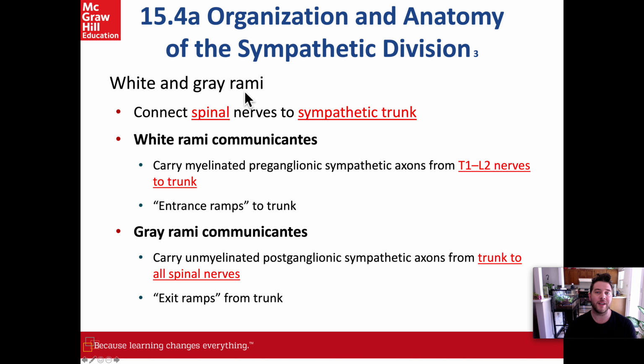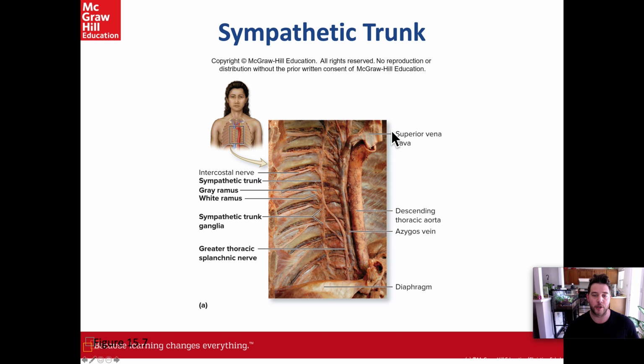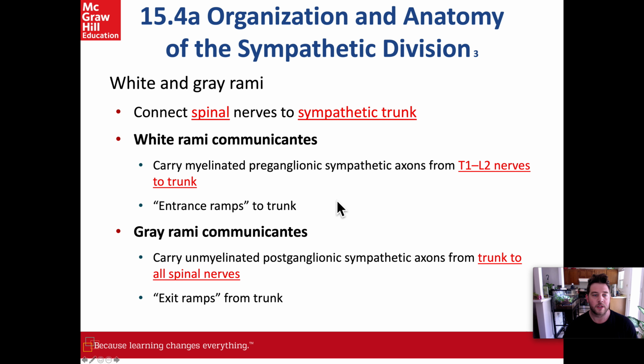You have white and gray rami that connect the spinal nerves to the sympathetic trunk. Going from this sympathetic trunk, you have your spinal nerves over here. These are intercostal nerves, these thicker ones. You have your sympathetic trunk, and then within the vertebrae, you have your spinal cord. The white rami, remember they're white, so they're myelinated, and they carry signals from the T1 to L2 nerves to the trunk. So they go from the spinal cord